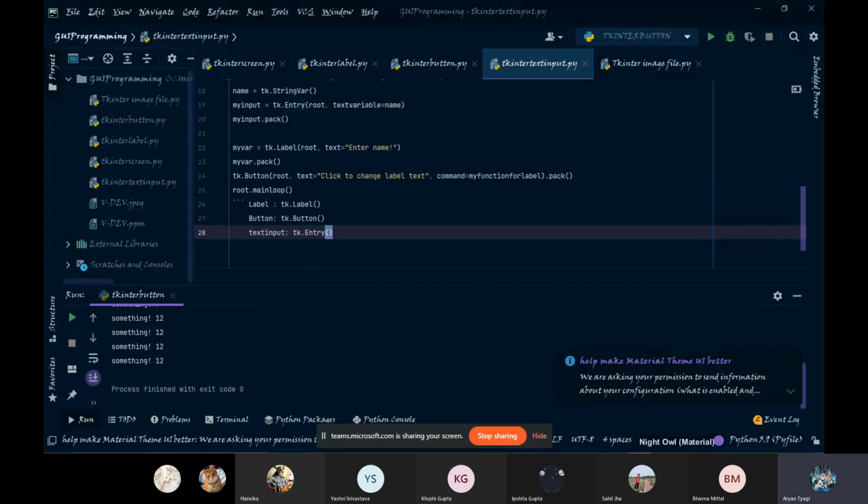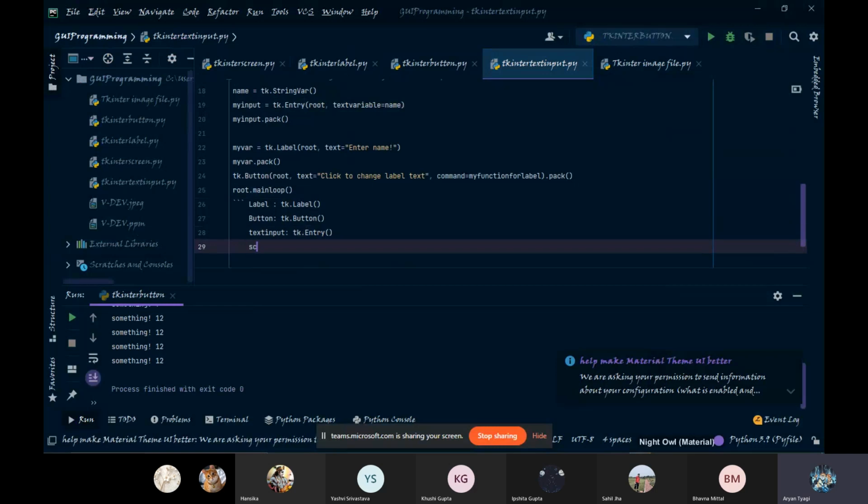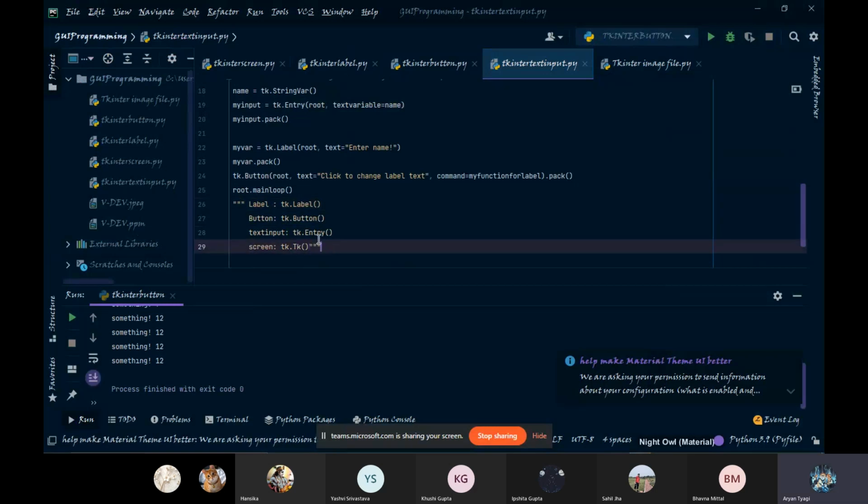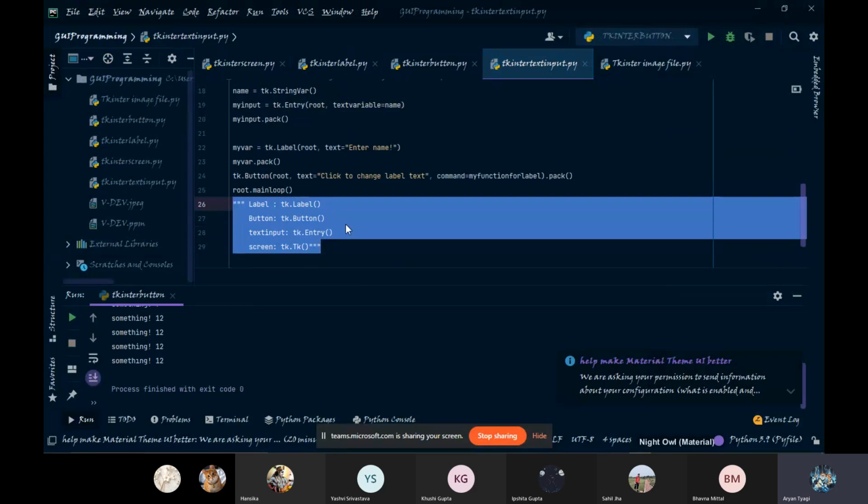Please remember this, it is not input or text input, it is Entry. Then for the screen, we have tk.Tk. This is something important. These are all the identifiers for the different widgets.